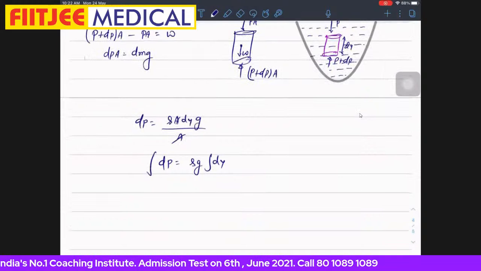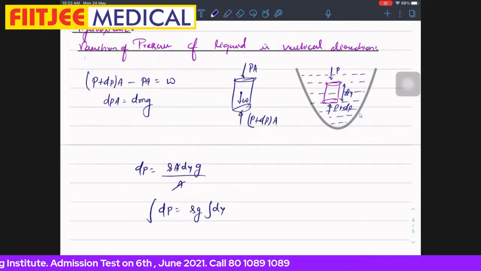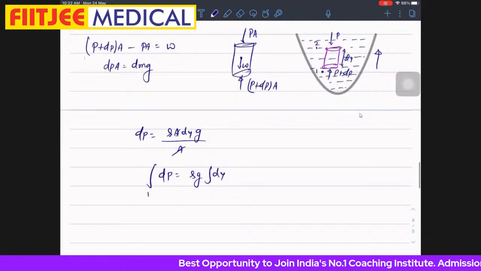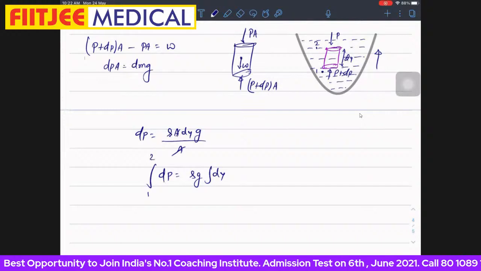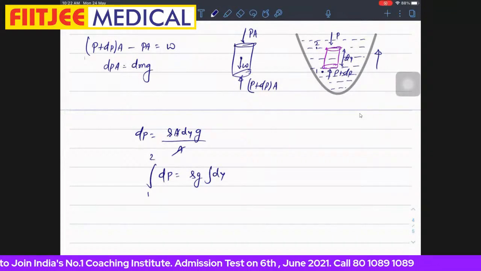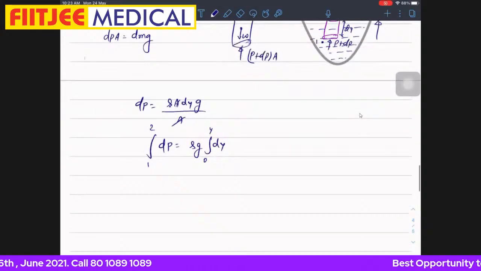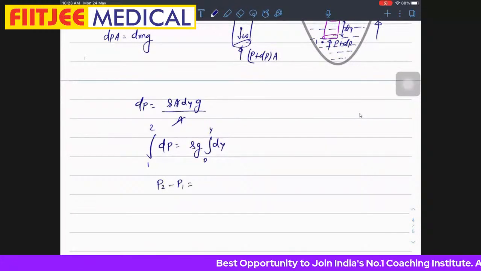Now pressure, if we say y changes in the upward direction, correct? So if I say this point is 1, this point is 2. So from where to where? 1 to 2. Y will change from where to where? 0 to y. So I can write here P2 minus P1 equals to